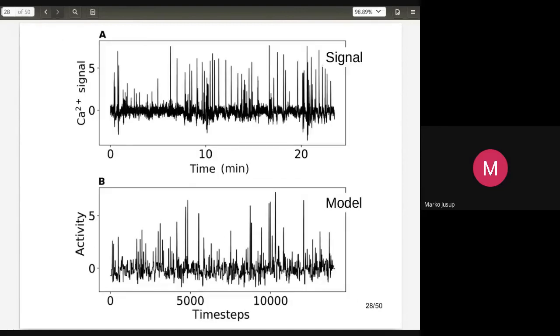So then we took, here is a detail of the signal over a time scale of 20 minutes, and we try to compare these measured signals with model results. And the model is essentially the network, pretty much the same as the one I explained for neurons, with the difference